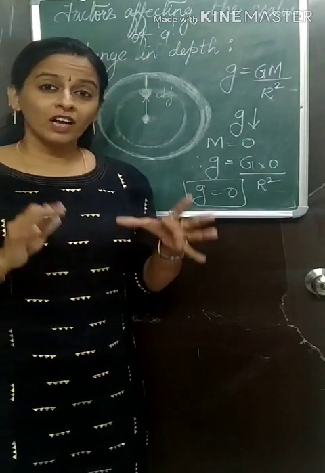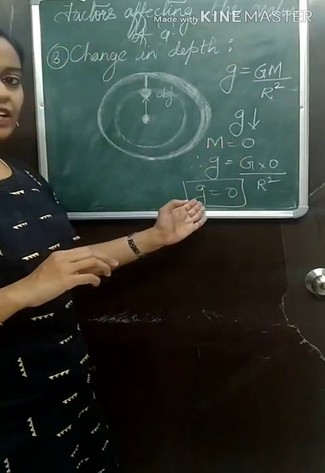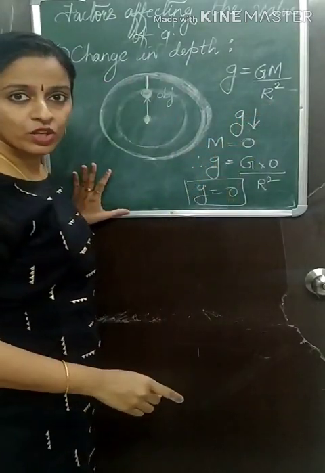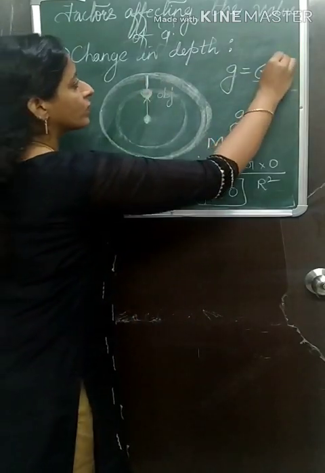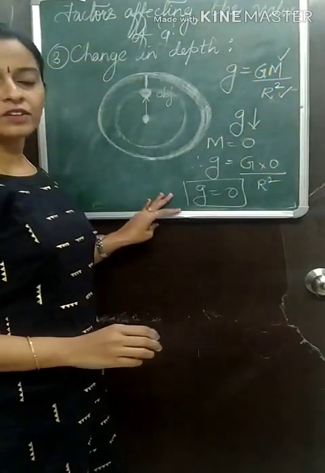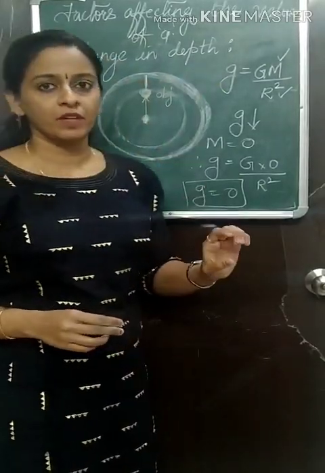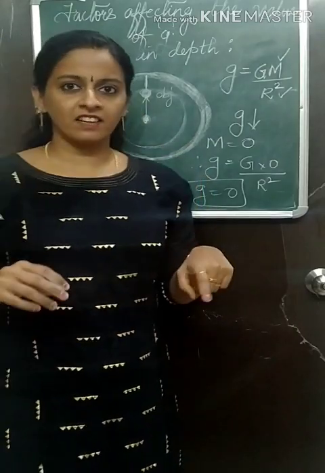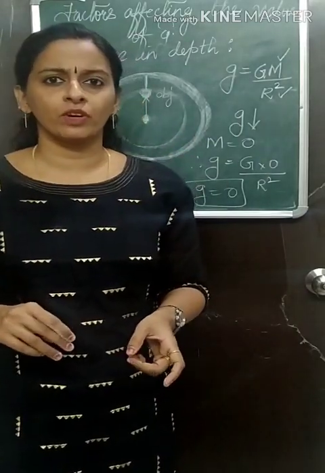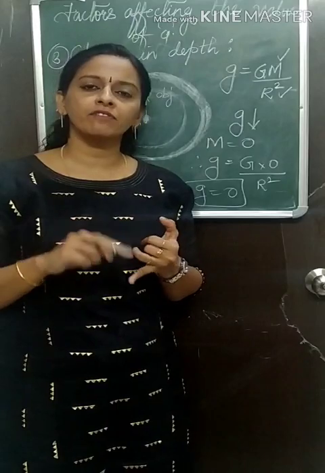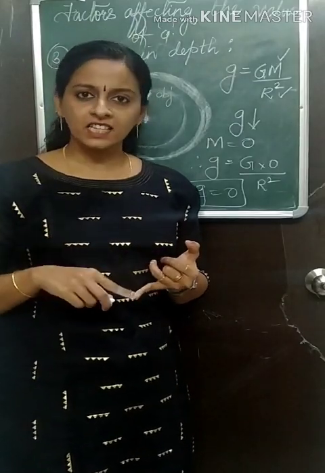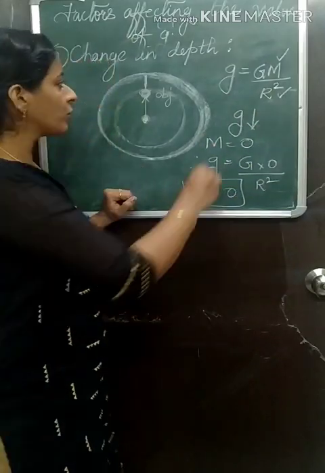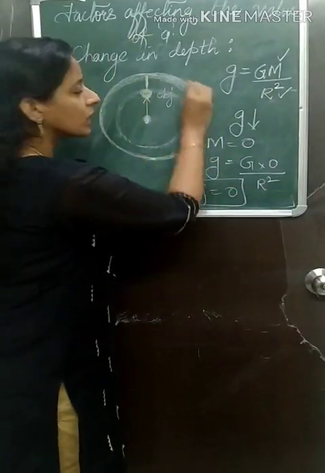So what are the two factors determining the value of g here? It is because of the contribution from R and because of the mass of the earth. These two factors contribute towards the change with depth. Because of the combined effect of the change in mass and change in radius, you will see this statement in the textbook: as a result of the combined effect of change in mass and change in radius, the value of g decreases.